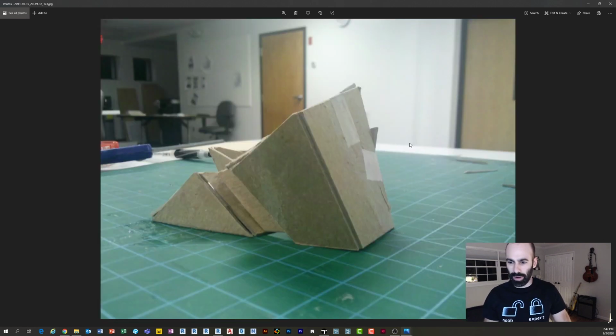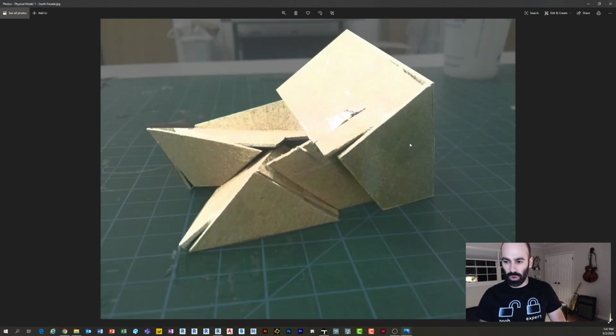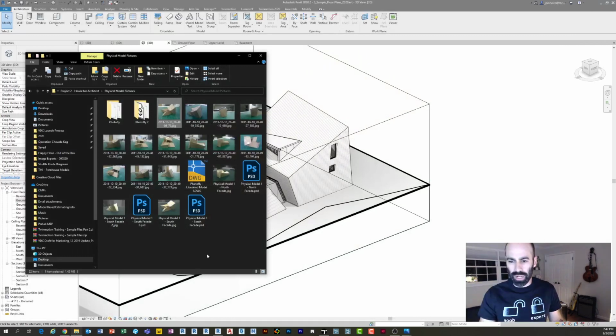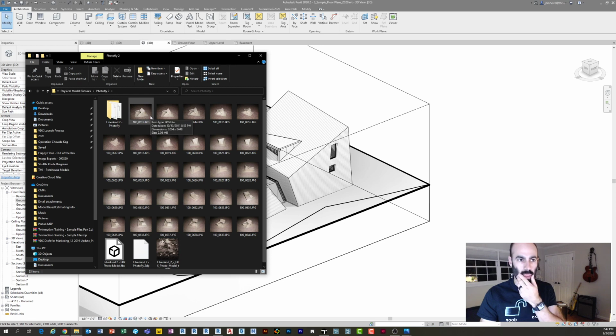Out of chipboard and masking tape. Okay, so what did I do? I actually, this project, partially because I wanted to learn this